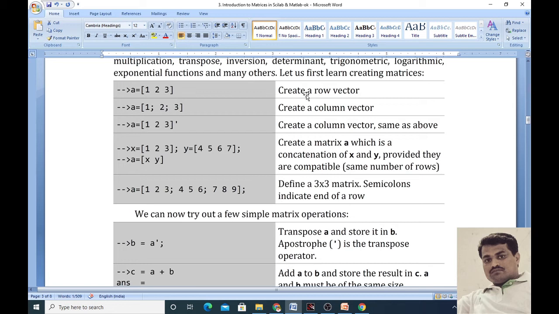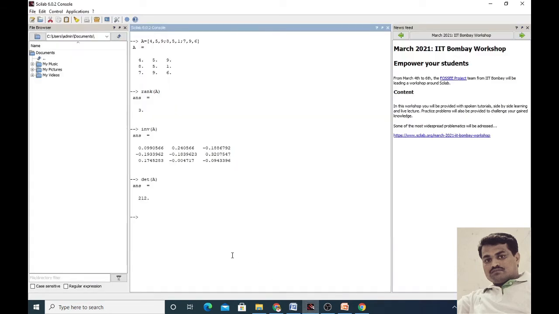Here we want to create a row vector. Suppose we want only a row vector. Row vector means row matrix. For that purpose we define A is equal to, in the square bracket, 1 2 3. We add comma or space, we can separate the elements of the row vector. Suppose we want the column matrix or column vector. Then we apply A is equal to, in square bracket, 1 semicolon 2 semicolon 3. Just you can see this part.